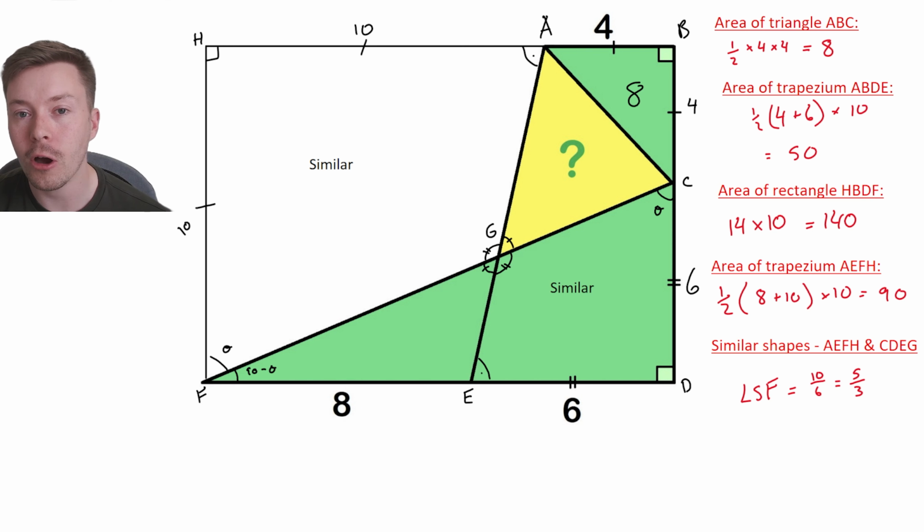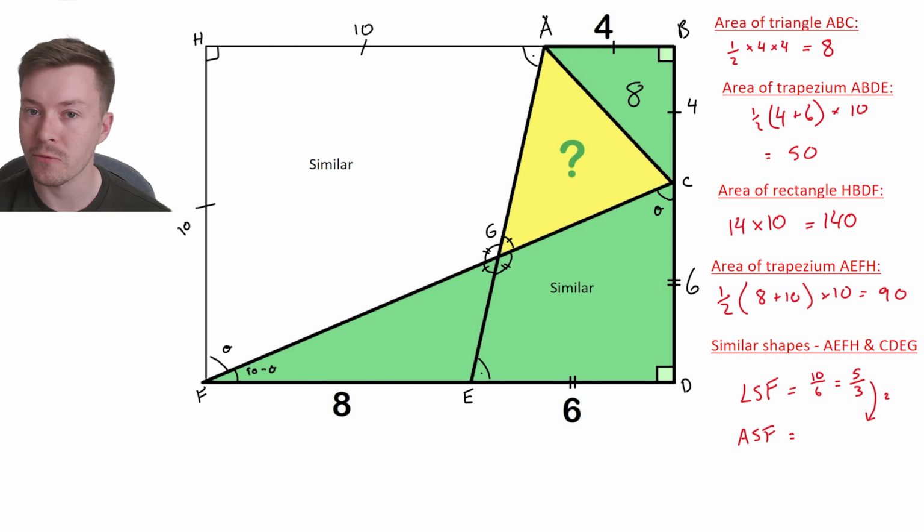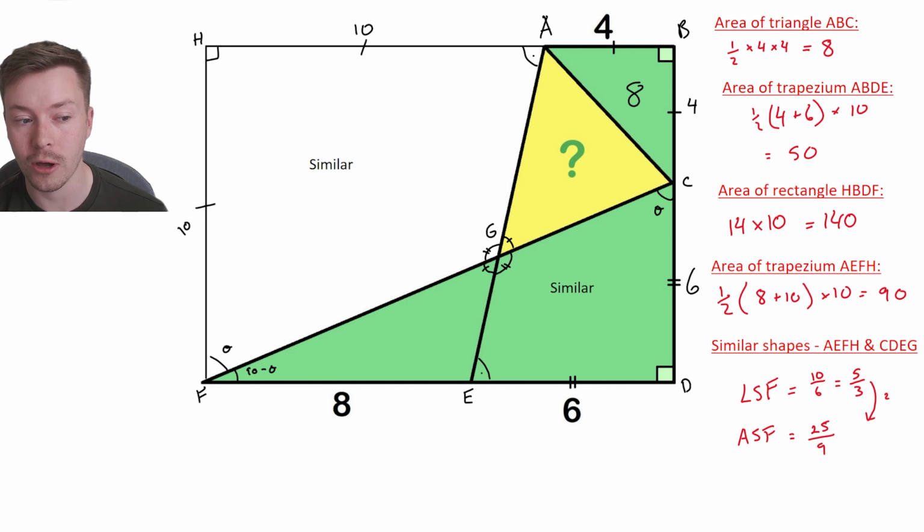And then the bit that I need is not the length scale factor, but the area scale factor. To get that, I need to square the length scale factor. If you need the area scale factor, you square the length scale factor. If you want the volume scale factor, you cube your length scale factor. You cannot just go from area to volume, but anyway, I digress. So the area scale factor: square the 5 is 25 and square the 3 is 9, so we get 25